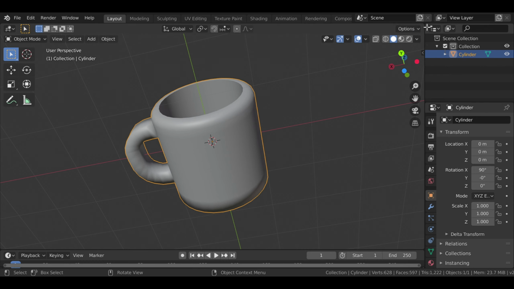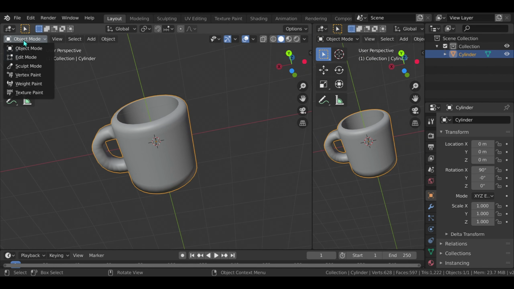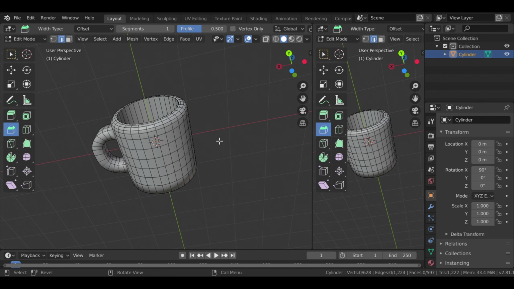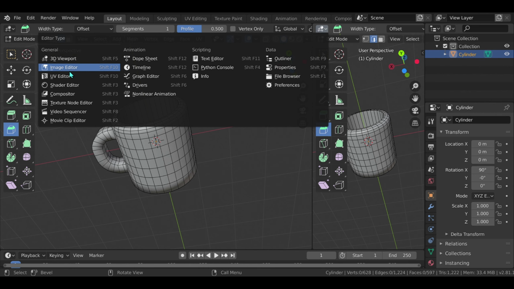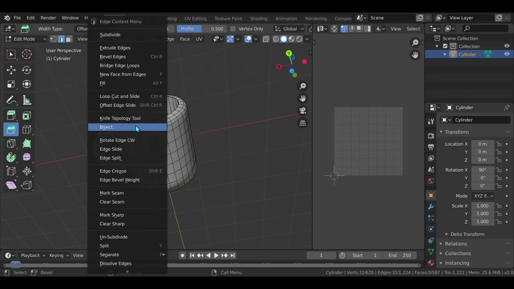To begin, add another area to your workspace by dragging from an existing area. Choose split an area. You place your mouse cursor in the area corner, which would change the cursor into a cross. Dragging the cursor inward would open a new area. Choose the UV Editing workspace from the selection list at the top of your screen in the preferences header. This sets one of the areas to show you the UV editor and the other area to the 3D view.